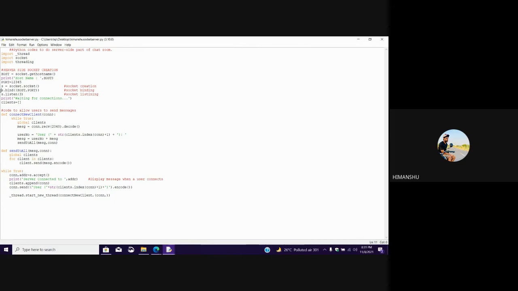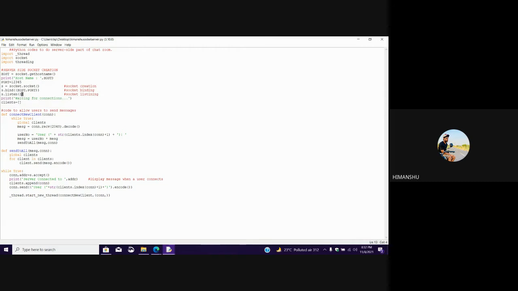Further, we call s.bind(host, port) for socket binding. This line is for socket binding. And for this line it is socket.listen(3). This is a request for server and user. Here 3 means the user can request the server a maximum of 3 times to connect. If the server and user are not connected in 3 tries, then the whole program fails. Then print waiting for connection.